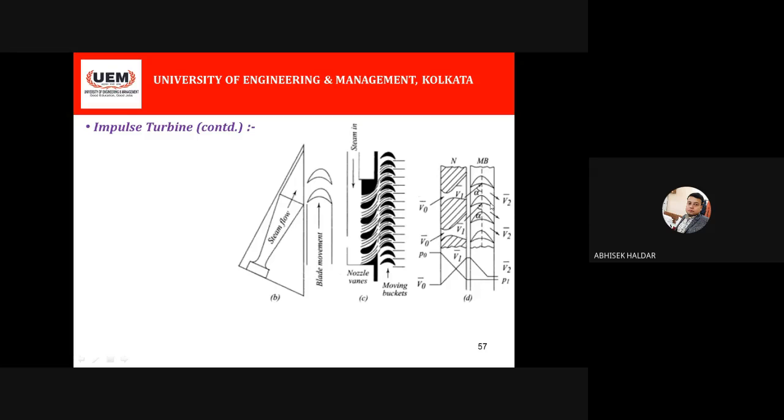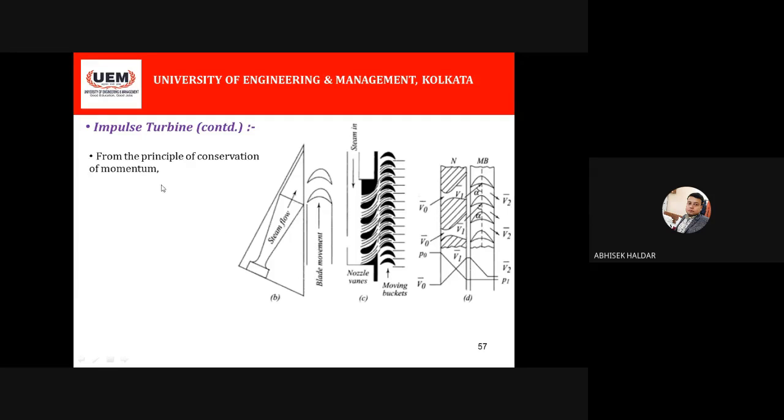So here one series of moving blades has been shown. This figure D is clear to all of you, or is there any doubt? No, sir, it's clear. I have not entered the velocity triangle till now. I will enter that, but to understand the velocity triangle, this is very important to know. The velocity triangle is just taking this blade and looking at what is happening at the inlet to the blade and at the outlet, known as the inlet velocity triangle and outlet velocity triangle. But before that you should know how the steam flow is coming to the blade.